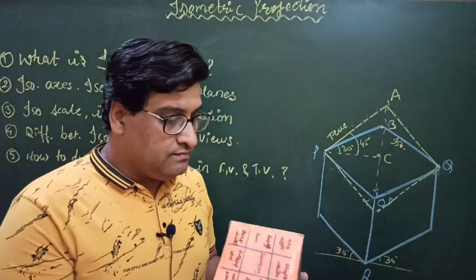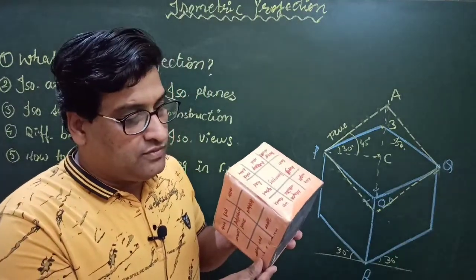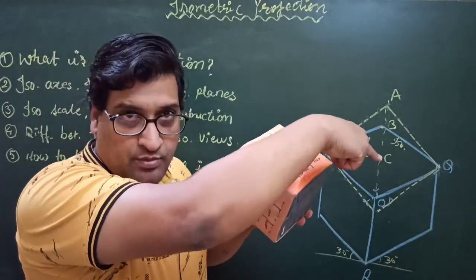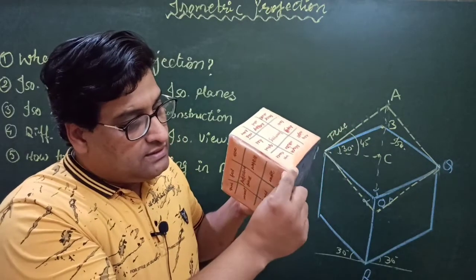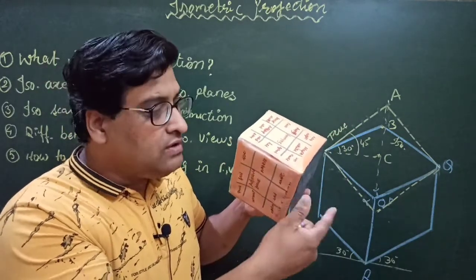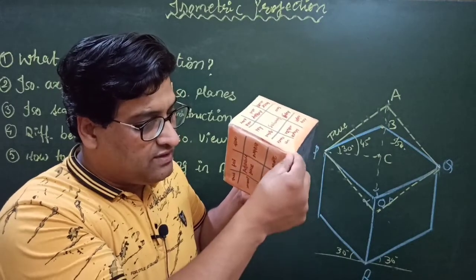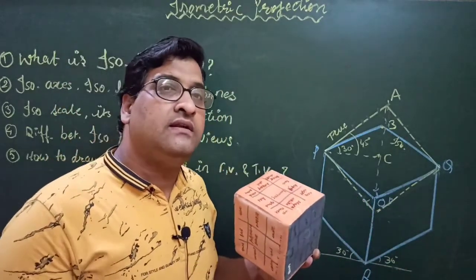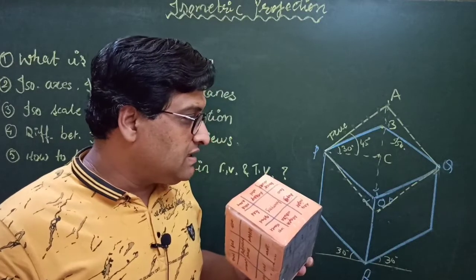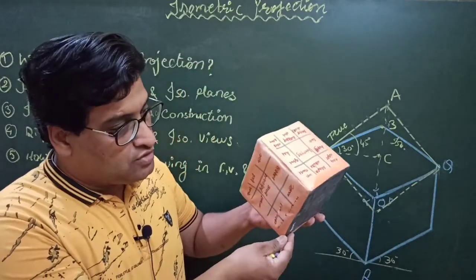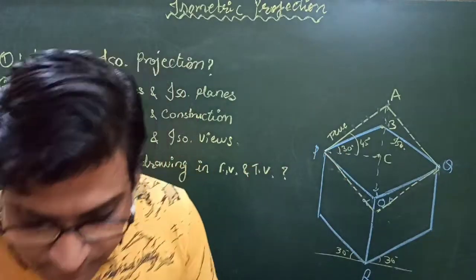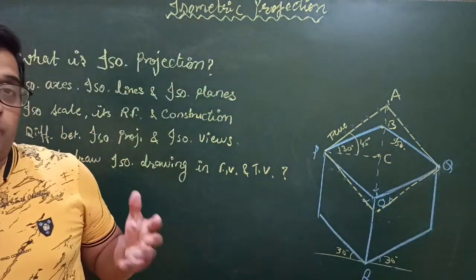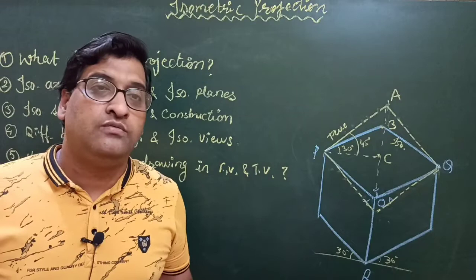What else is happening here? Say this is the cube and it is raised like this. Now you can see that all these lines, because of inclination with the VP and HP, are reduced in dimension. If it is 50 mm, this must be appearing lower than 50 mm. What will be that decrease in the dimension? That will be discussed in the isometric scale also. So all these lines are reduced in size, right? So isometric projection, finally we can define, is a pictorial view providing you 3 dimensions of an object in one view.